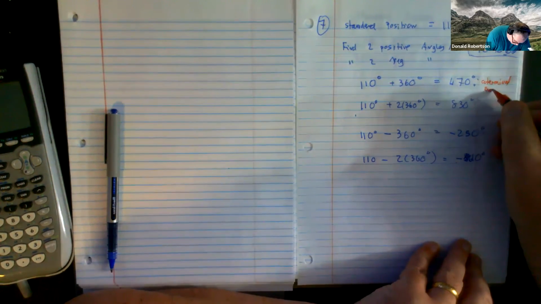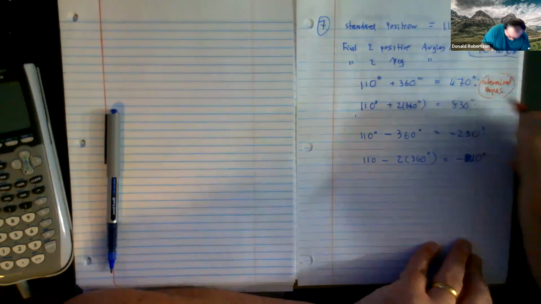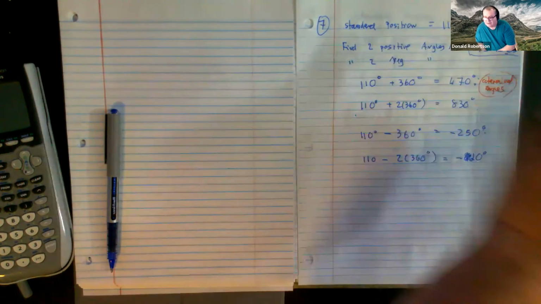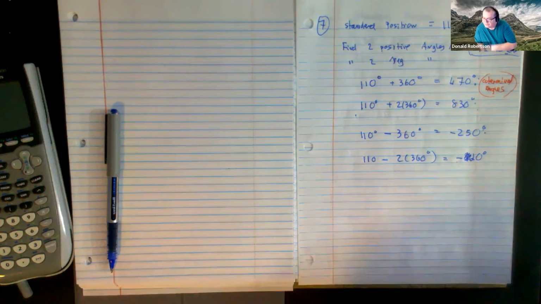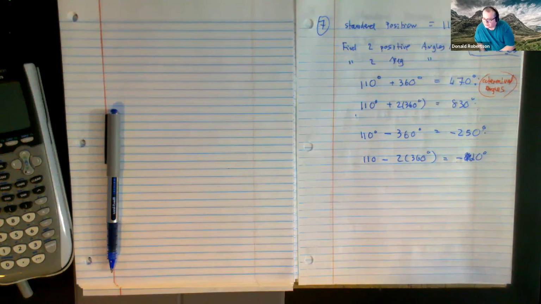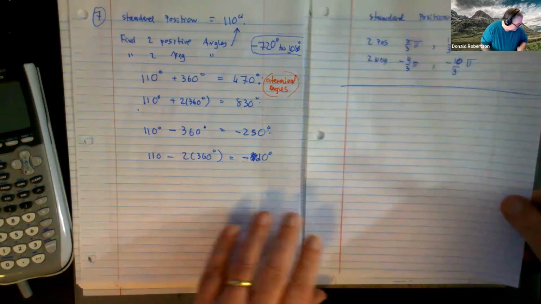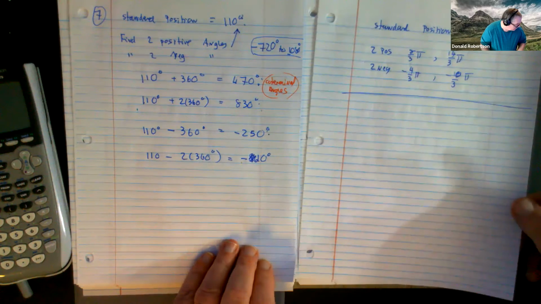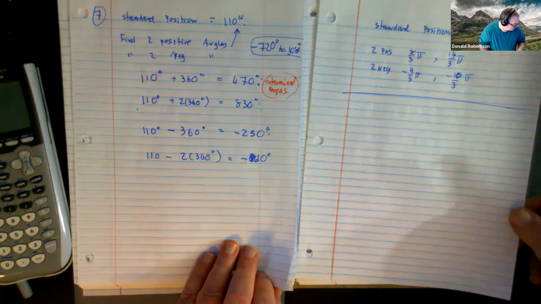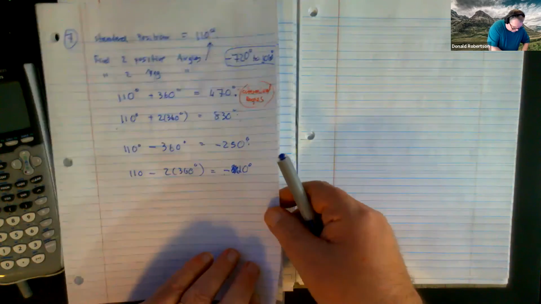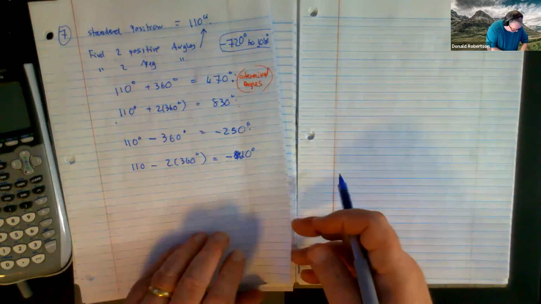They're called coterminal angles. So a coterminal angle is an angle that's the same as 110 degrees, right? It's just you went round the circle once to get there. So these are all examples of coterminal, and so are these. So suppose I gave you